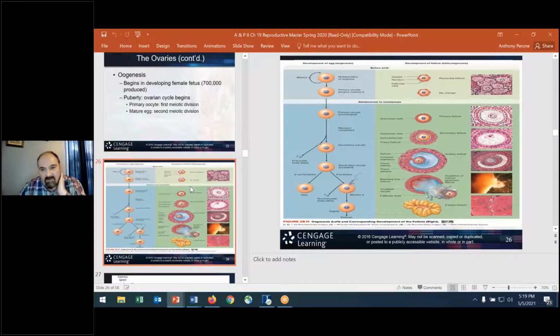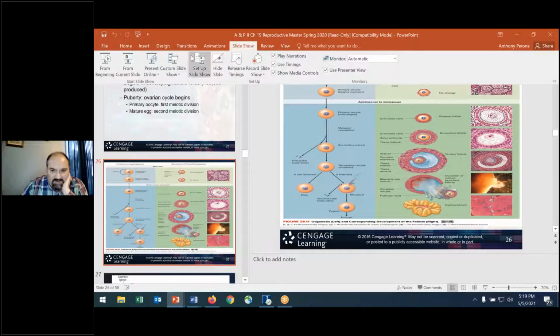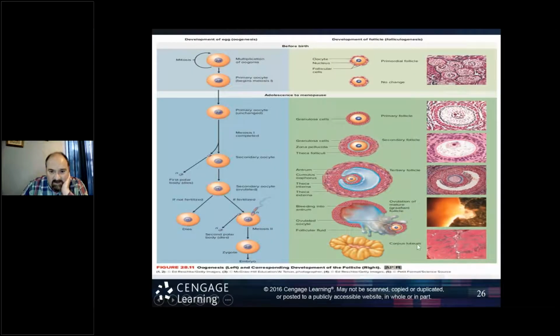Okay, so I have provided this for you. This is just giving you a little bit more of an image regarding what's taking place as far as the oocyte is concerned, and then upon expulsion here, the ovum, right, the egg. And here again, the corpus luteum. You're not viewing here the corpus albicans, the white body.